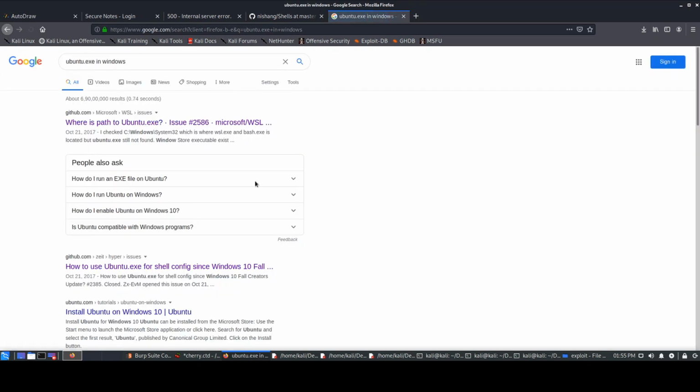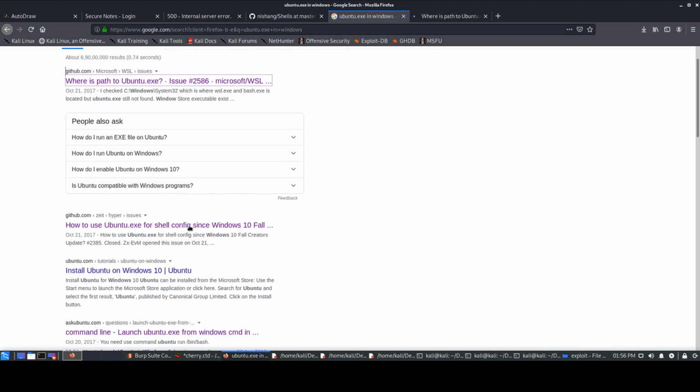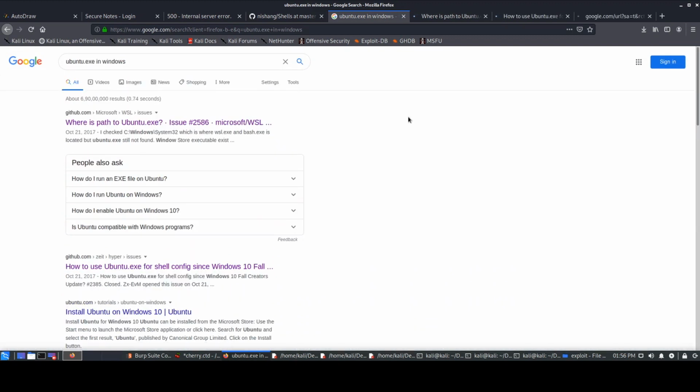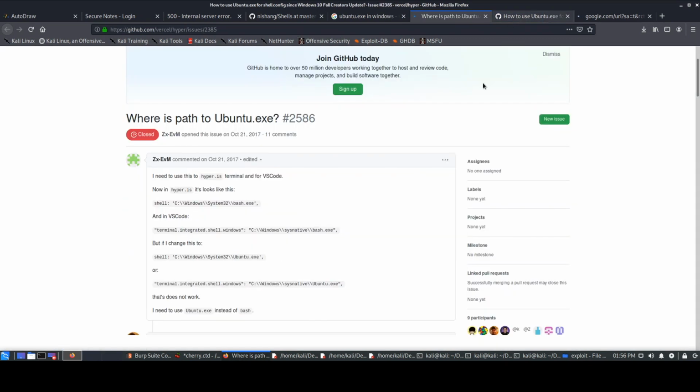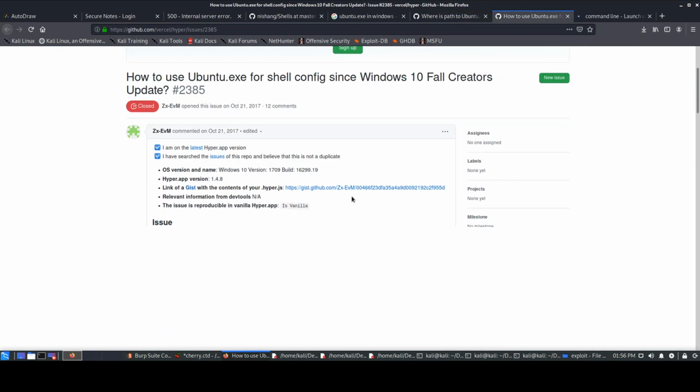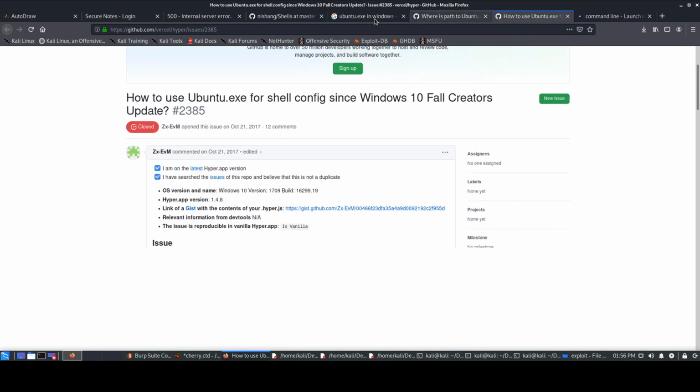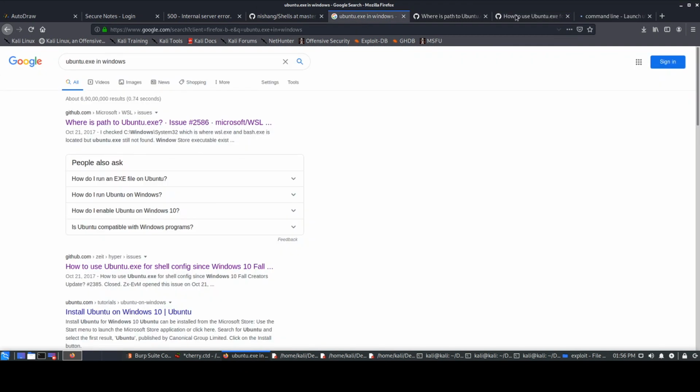Because there's an Ubuntu file present in Windows, and this is not present in all Windows machines. So if I do that, it says where's the path. Okay, so there's some path over here which says shell command line. In short, I tried to go across multiple things. Then what I realized was that probably we can run Ubuntu or bash commands in the Windows machine, because if we check for other things,